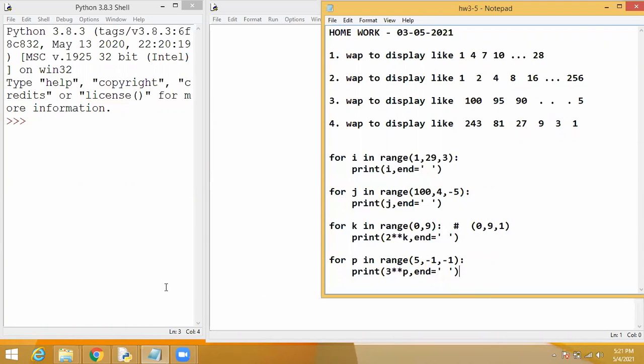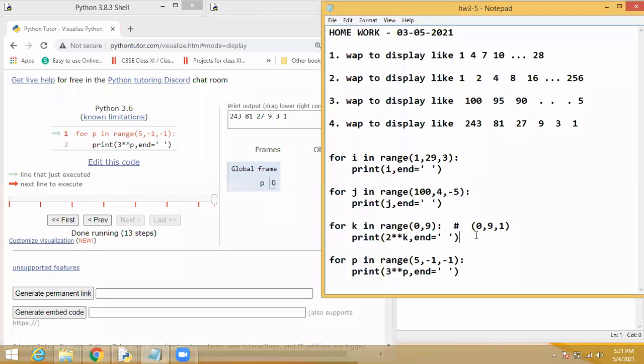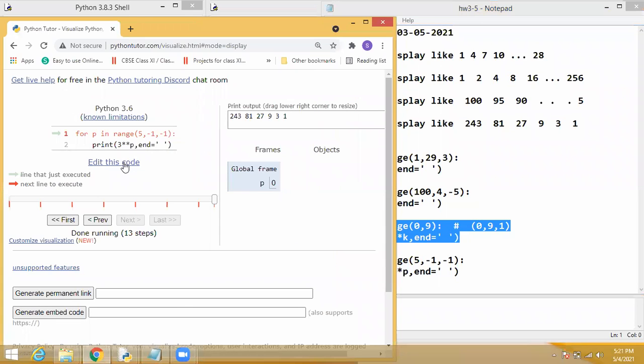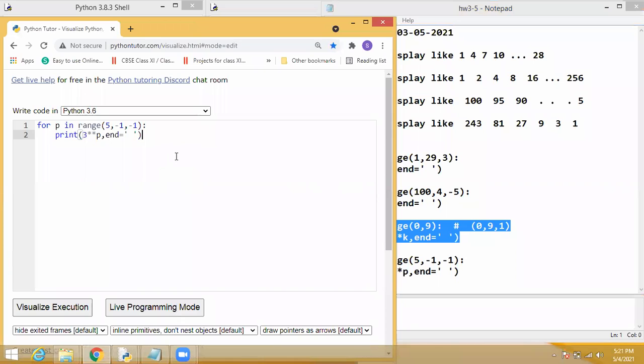See, I'm going to change one thing I want to tell you. Instead of this method, I'm also going to execute by another method. What method? We already know one more thing. Instead of this exponential symbol, we are also having that power function, that we already discussed in the 11th standard. In the math module, we are having the power function.